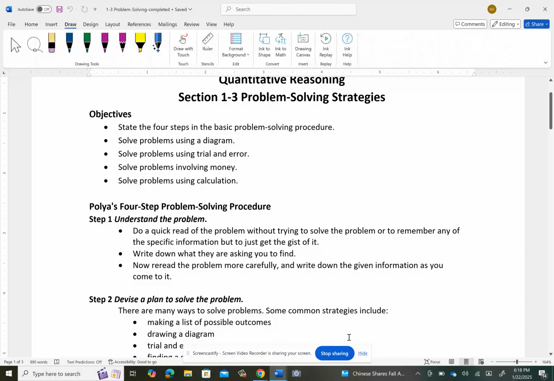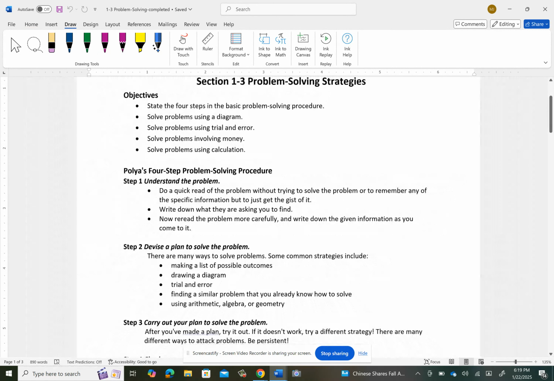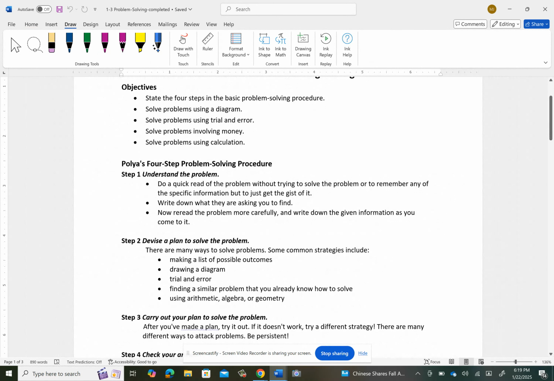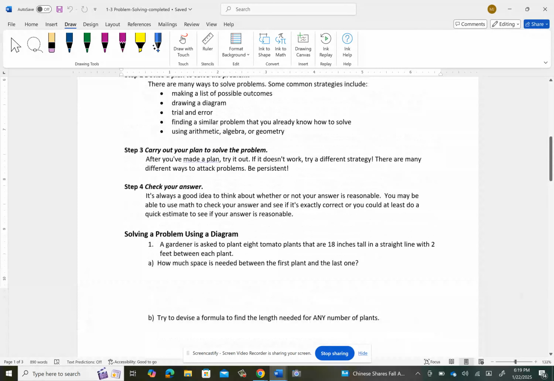This video is looking at section 1.3. In this section, we're looking at just problem-solving strategies. At this point, we haven't really reviewed any algebra or things like that. So we're mostly going to be approaching the problems using some kind of just intuitive, guess and check, trial and error type approach. There is a general process you sometimes learn about called Polya's four-step problem-solving process that's